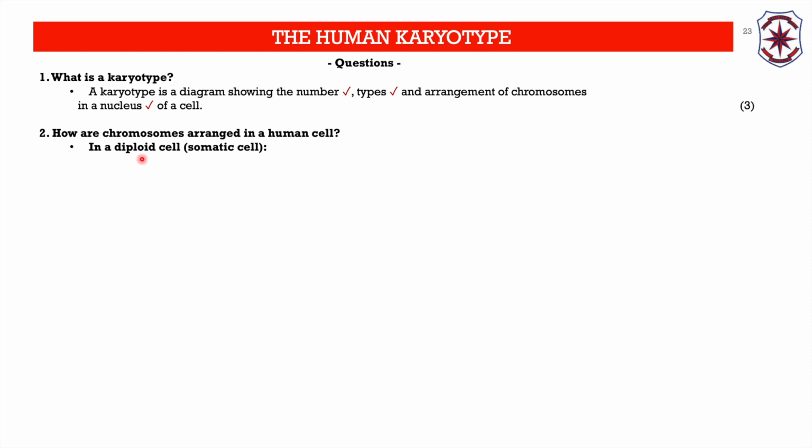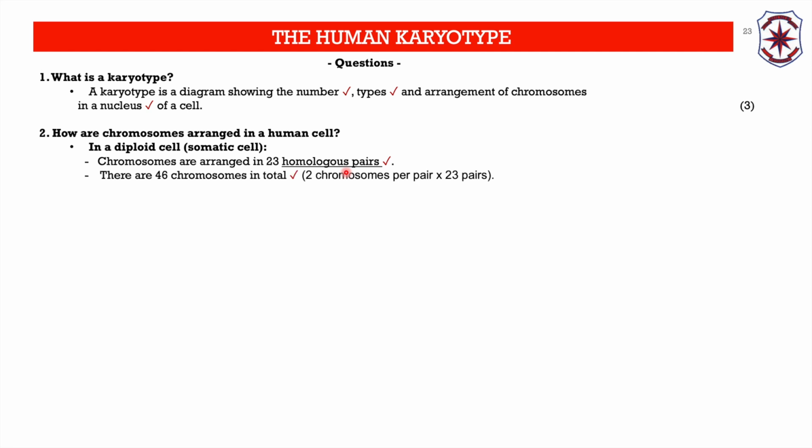And we said diploid cells are cells that are somatic cells. Chromosomes are arranged in 23 homologous pairs. Okay? 23 homologous pairs. For now, just ignore the word homologous and just think about 23 pairs. I will be explaining to you later on in the lesson what are homologous chromosomes. So the arrangement of the chromosomes within the nucleus of a diploid cell is that they are arranged in 23 pairs. All right? And then,